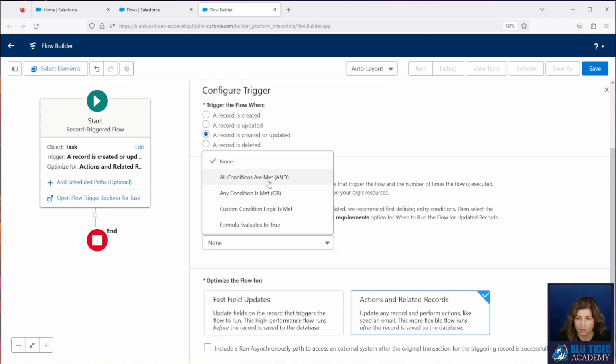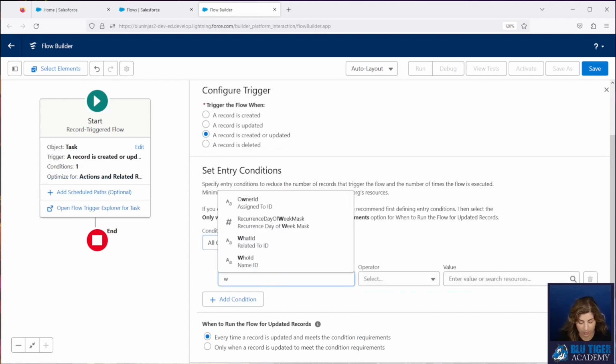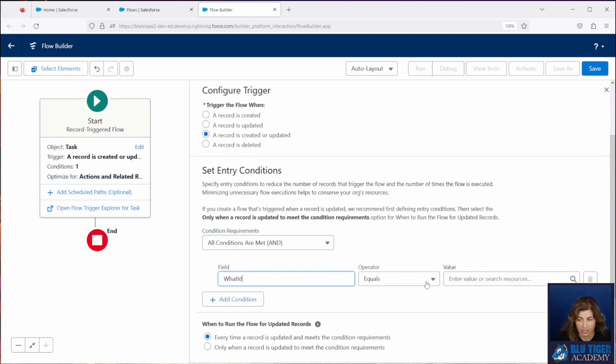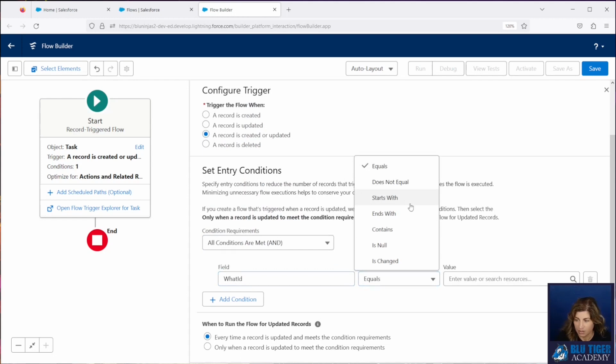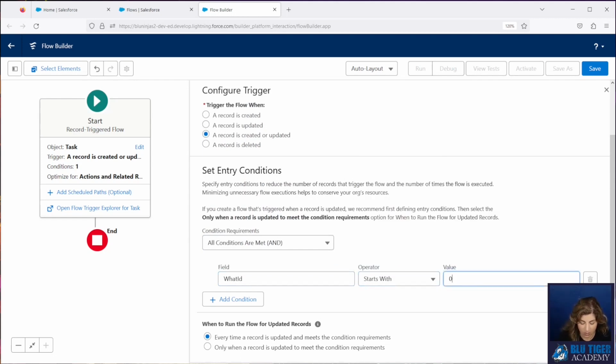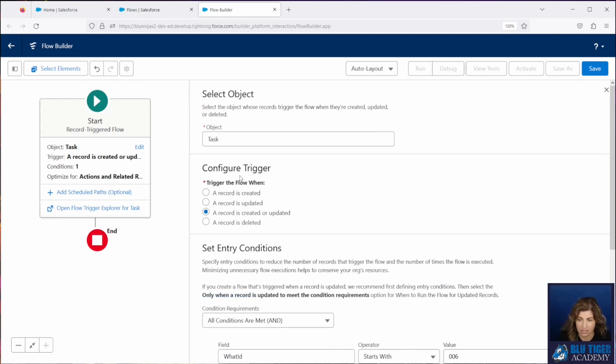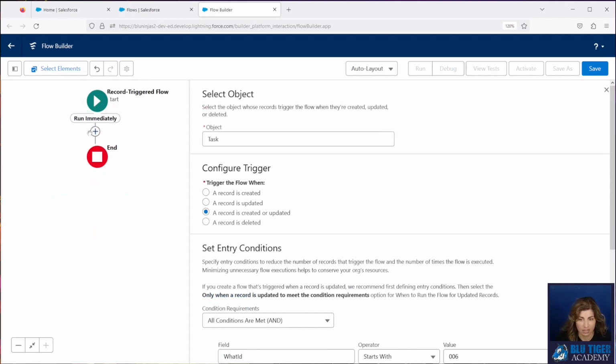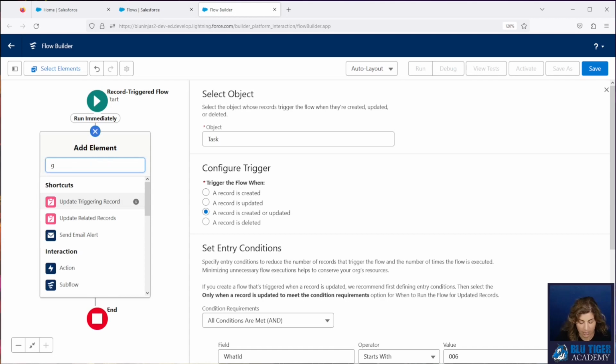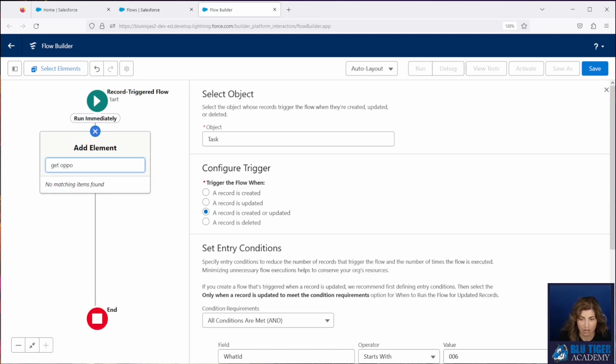And then we only want this flow to fire if it is related to an opportunity. All opportunity record IDs start with 006, in all orgs, in production or in the sandbox. So this means that if a task is created or updated related to an opportunity, then this flow is going to fire. Our next step is to check and see if there are any opportunity contact roles